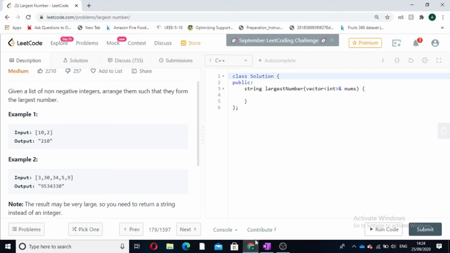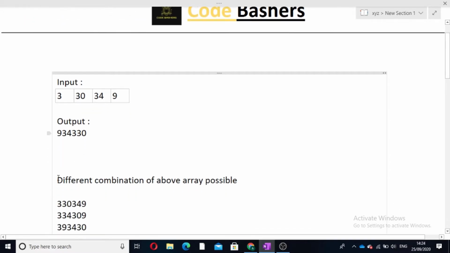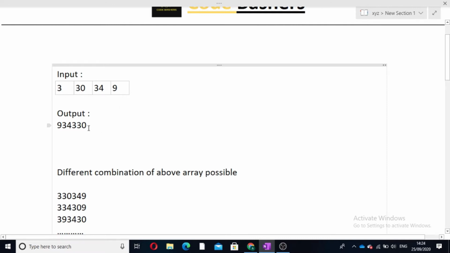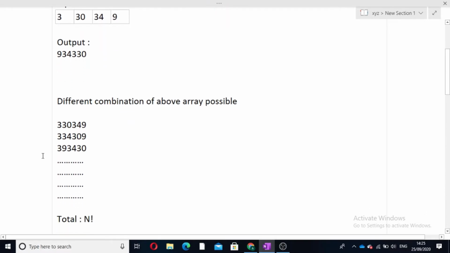So now let's look at the approach of this question. Now consider this as our input array. I have already written the output which will be the largest number, that is 9, 5, 34, 3 and 30. So how can we approach this question? One approach is that we find all the combinations, that is all the permutations of this array, and compare each permutation with one another and find the largest permutation which is possible. So that will result in our answer. But this will be a very time consuming approach, as we have to find the permutations, so its time complexity will be n factorial.